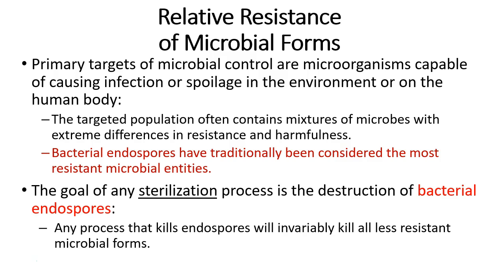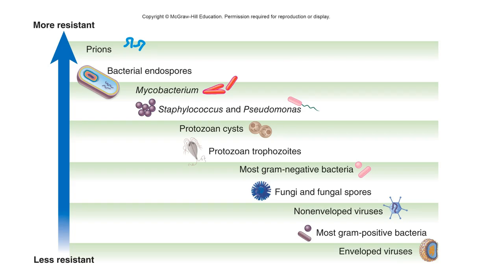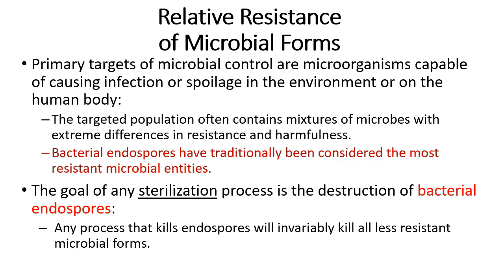So, relative resistance of microbial forms. Primary target of microbial control are microorganisms capable of causing infection or spoilage in the environment or on the human body. Basically anything that can cause harm to us or to our food. The goal of sterilization is to kill the bacterial endospores. If you will remember when we talked about the components of a bacteria, bacterial endospores are very hardy, they're very difficult to kill, and